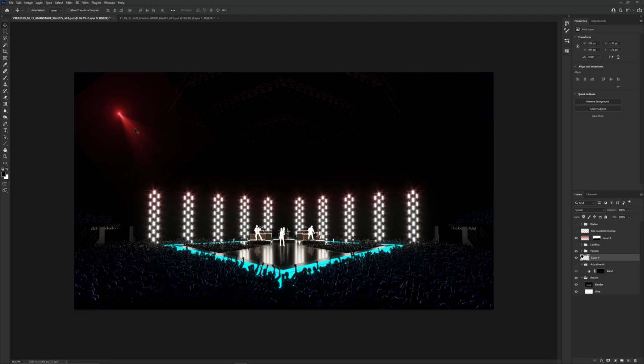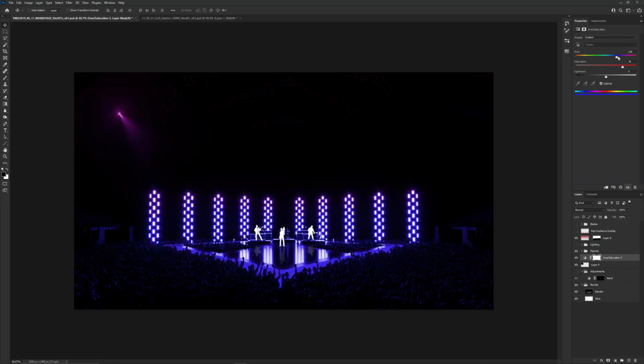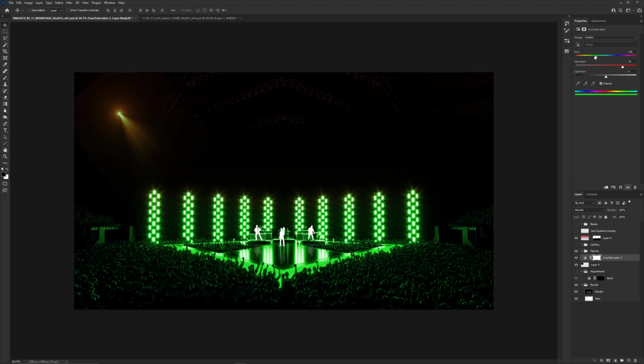And so now let's talk about tip number 7 here, which is called clipping masks. So I've got this red light, but now if you want to make this light a different color, you could just do a hue saturation change to it. But since we like to be non-destructive, what we want to do is add a hue saturation adjustment layer to this. And so if I were to hit colorize and up the saturation and move the slider around, great. Now I've made the light into this yellowy, orange-ish green look,